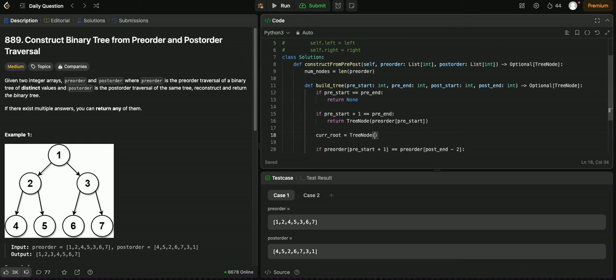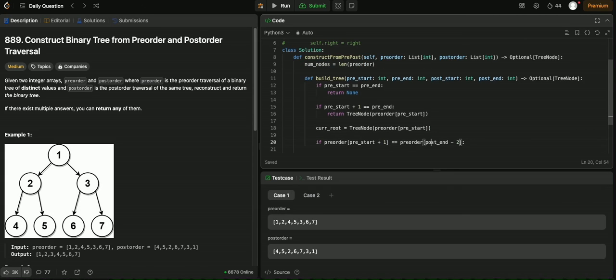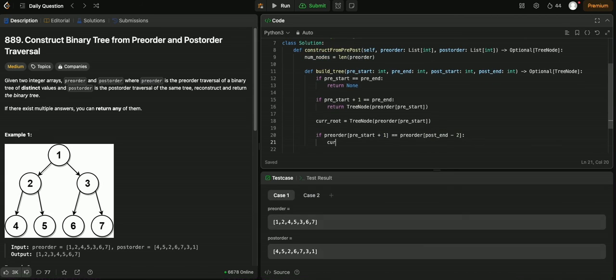So that should take the value of pre-start, and then if they're the same, we can do current root dot left is equal to, we want to build the tree from, well, let's think about